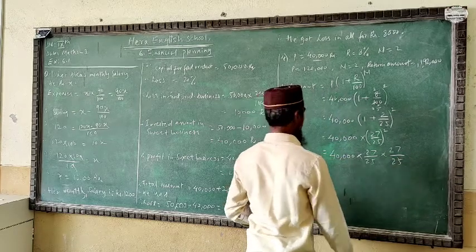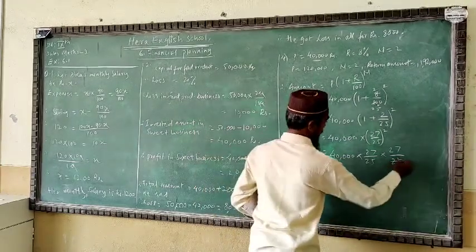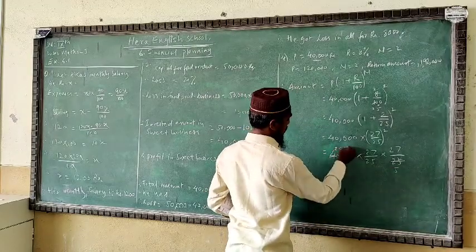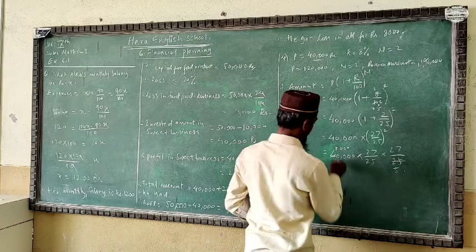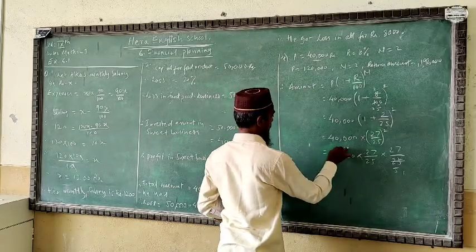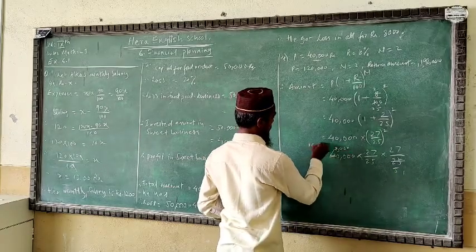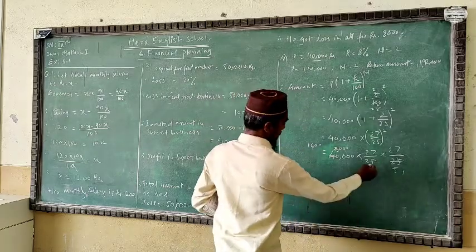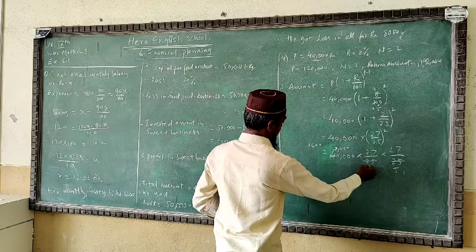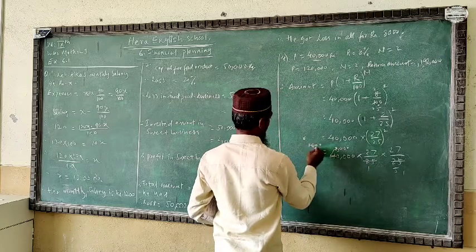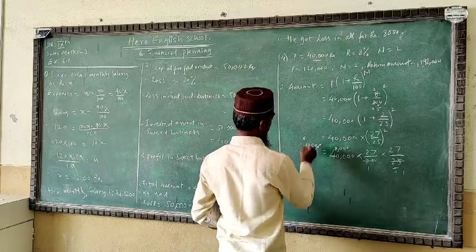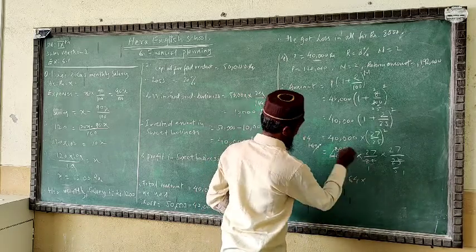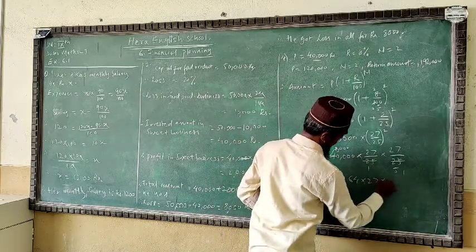Now see the calculation very well. 5 5 is 25, 5 is 40. These 3 zeros will be upside. 5 1 is 5, 5 1 is 5, 3 is carry, 5 6 is 30. Now once again 25, 1 is 25, 25 6 is 150, 10 is carry, 25 4 is 100, 64. We have here 64 into 27 into 27.